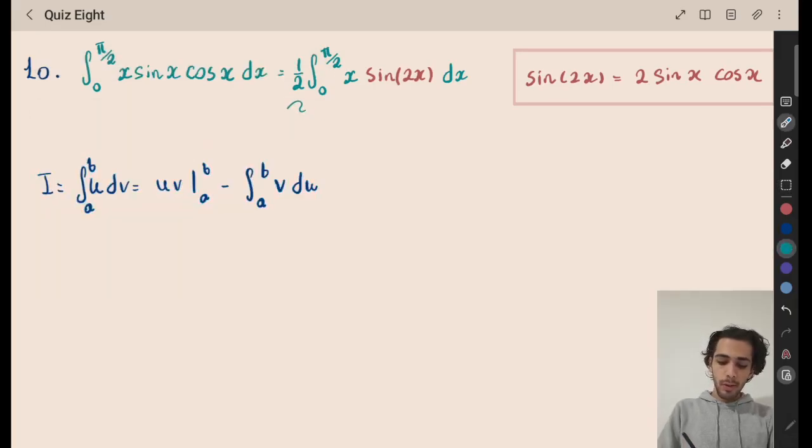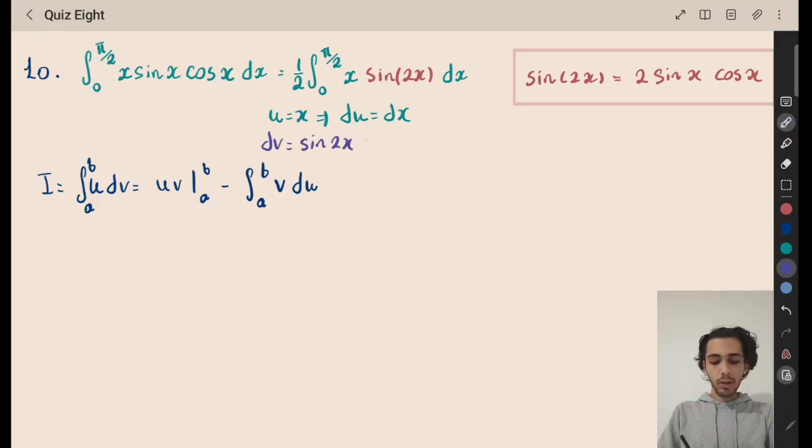So I'll choose u to be equal to x, because then I can take the derivative of u, which will be just dx. And if I take dv to be sine of 2x dx,